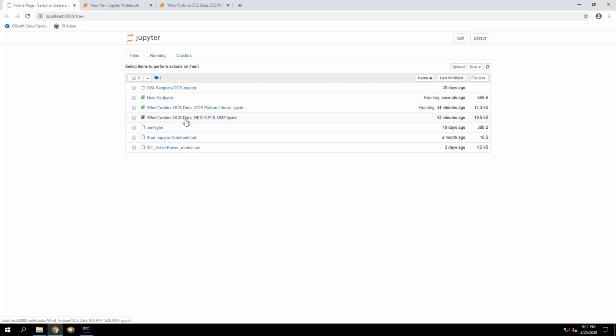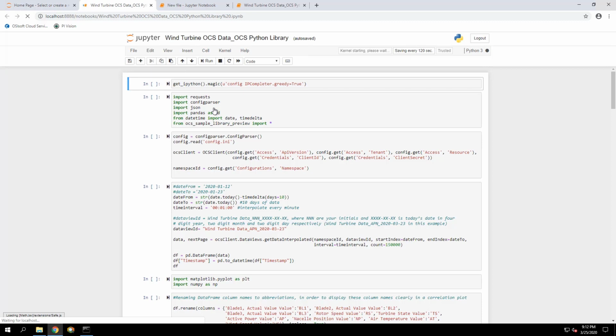Later on in the lessons, we're basically going to work with the OCS Python library file. So I'm just going to open it so you can see. You can either follow along with this file, and in the next lessons, we are going to go through each cell here and define the code inside it.